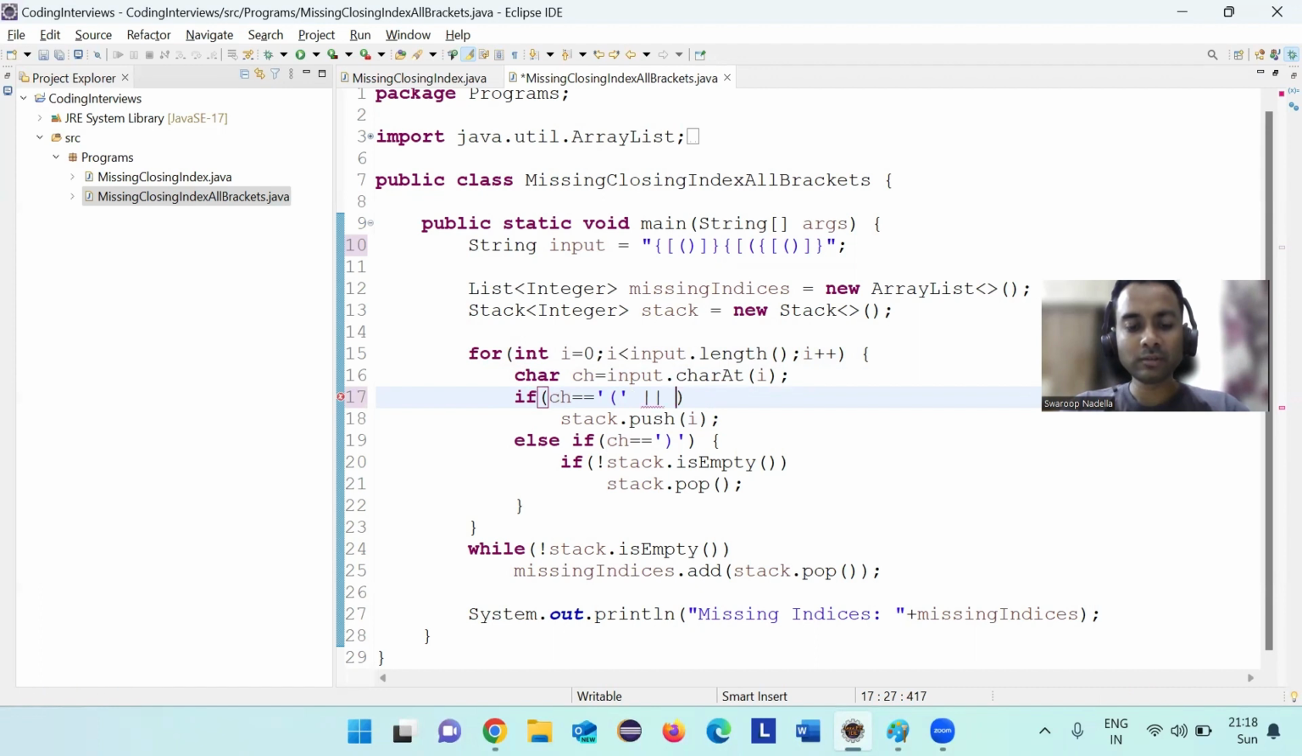So what we need to do? Let's give the other two brackets also. I'm giving ch equal to the small bracket, which is already there in the previous program. Now I'm giving the flower bracket and the square bracket. All these three brackets, whenever they come up in the particular input string, I am pushing into the stack. And whenever a closing bracket is encountered,